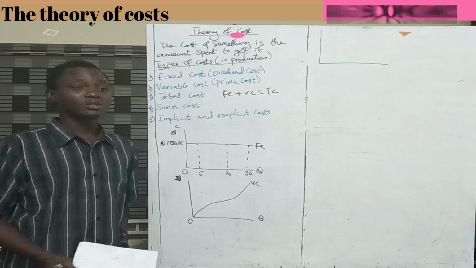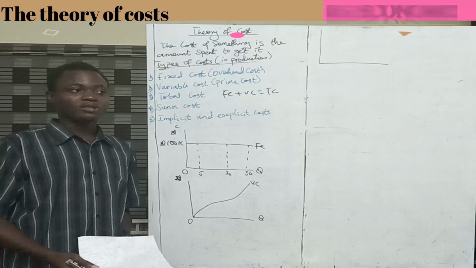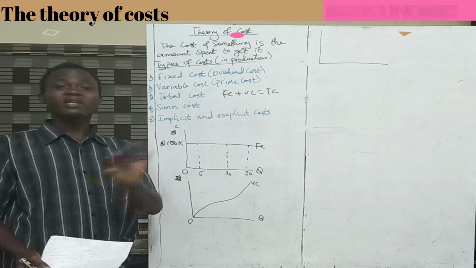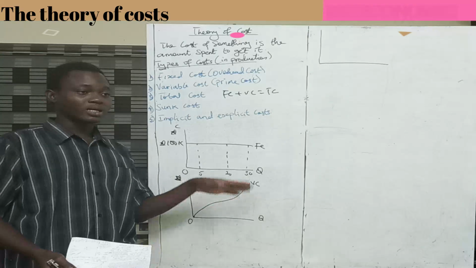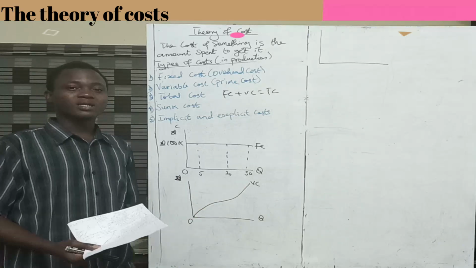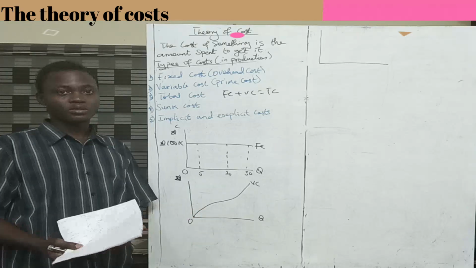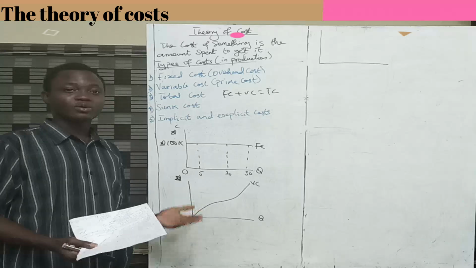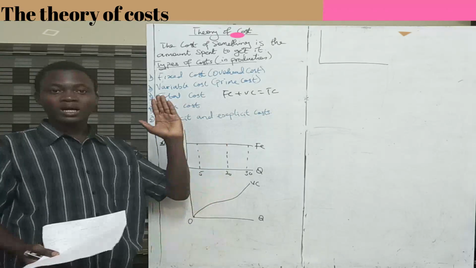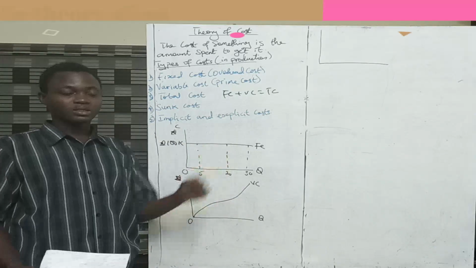So it takes a lot, you understand, to be able to produce a little more of the product that you've been producing. And remember that I said there is at least a fixed factor of production, and in our case, it's capital. So at that point, it's going to cost a lot more than it used to cost in order for you to be able to increase the production. Okay, and at that point, your variable cost curve becomes steep. That is, it rises very fast. So that's why the slope changes from being gentle to being steep.